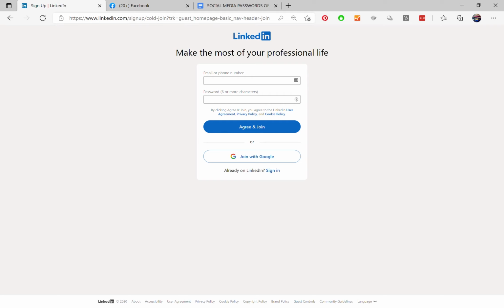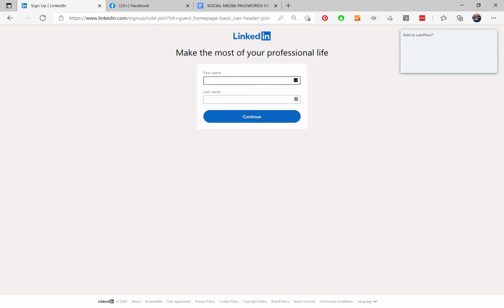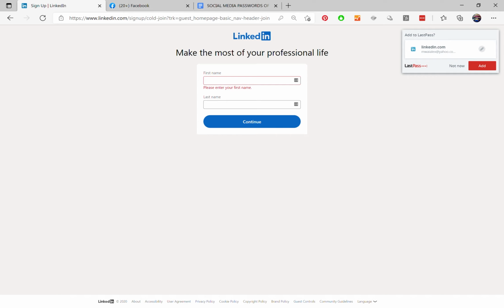And then you fill in either your email or phone number, the one you want to be attached to this particular profile, as well as your password. So, for example, for the email, we're going to put Alex Moy for this particular account, and then we're going to put in the password. Then, once you do that, you agree and join. Then it'll take you to the second